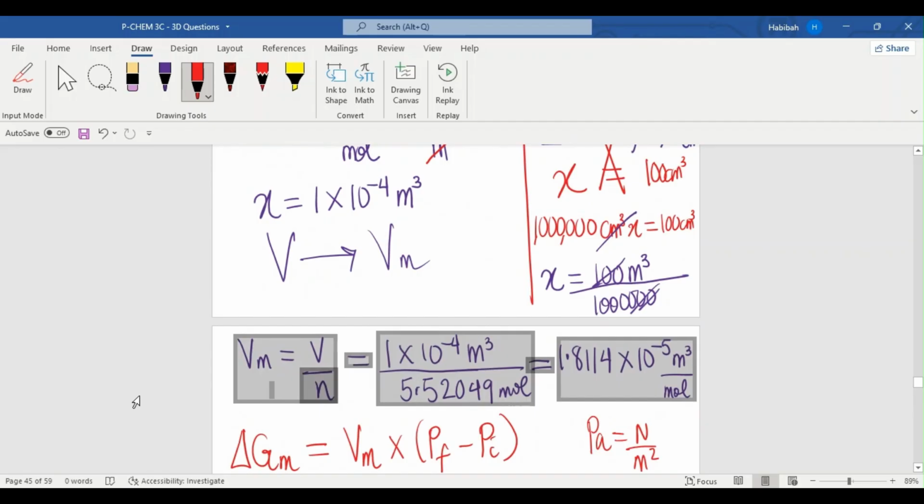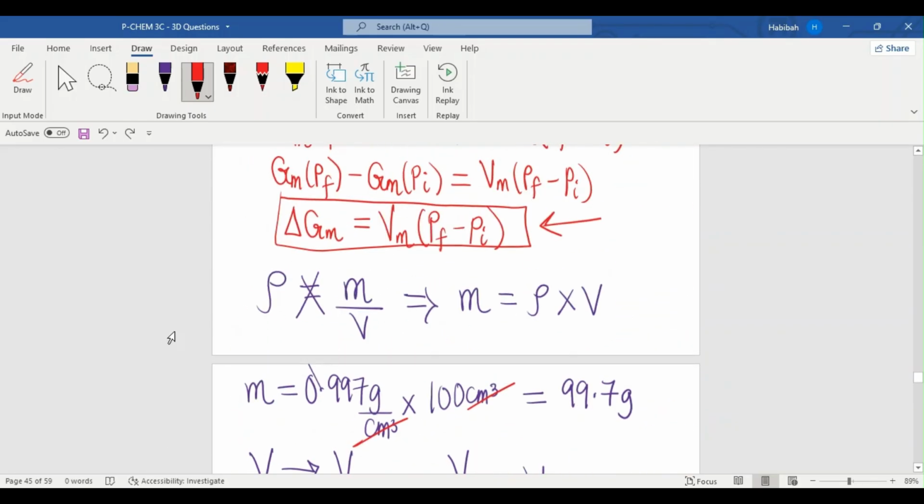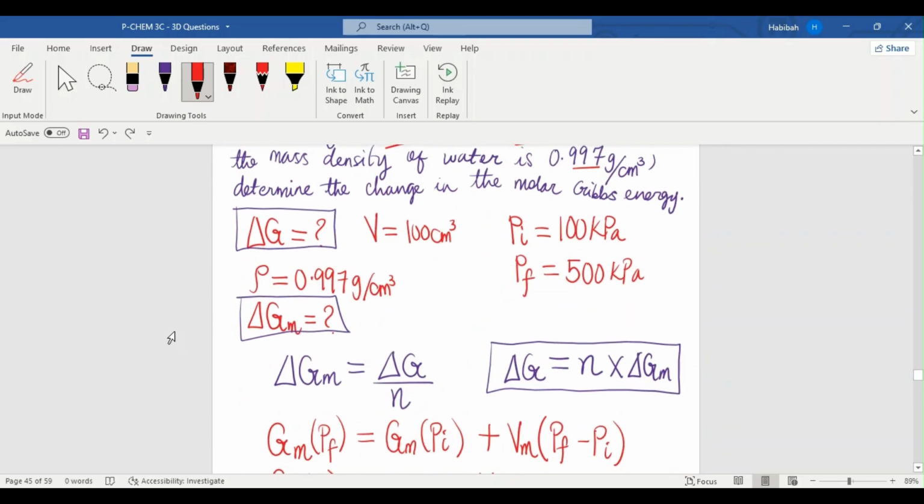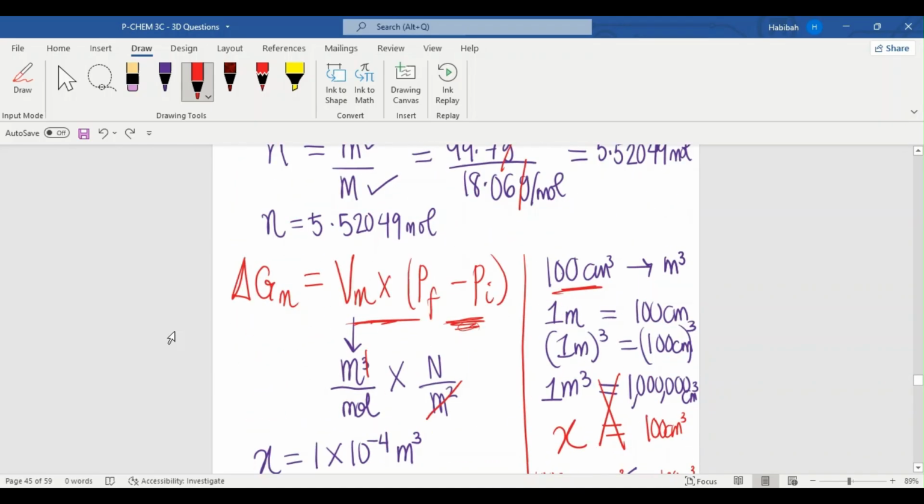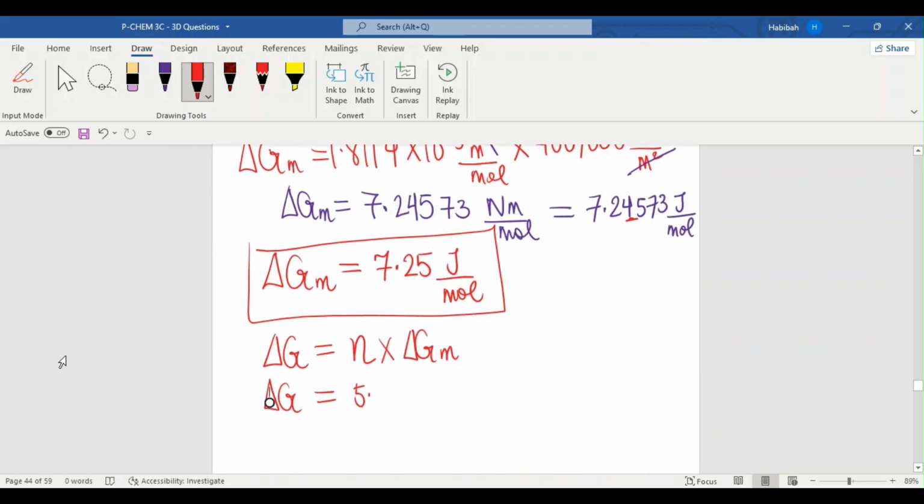5.52. I'm trying to look for it to be calculated. 5.52049 mole times, we're going to use the raw value. I'm not going to use the approximated value. The raw value is the way to go in chemistry. So times